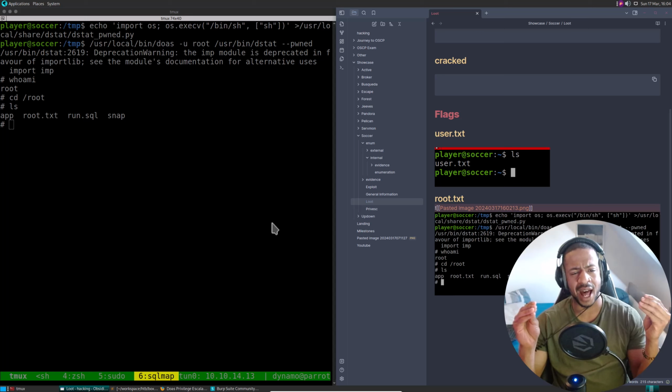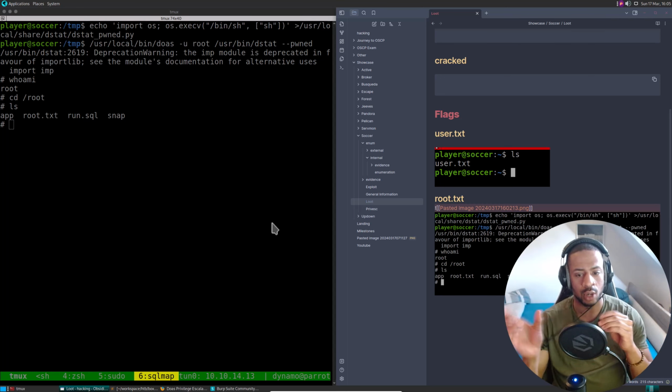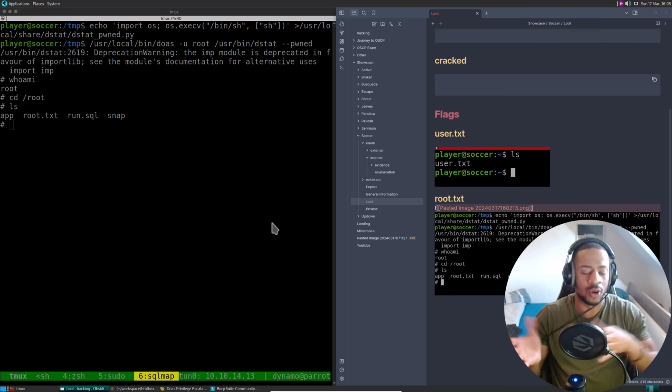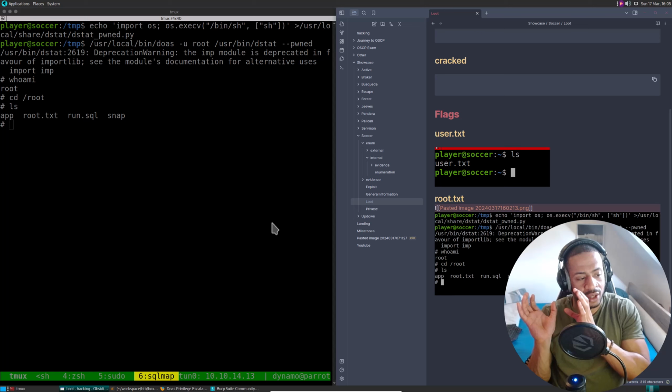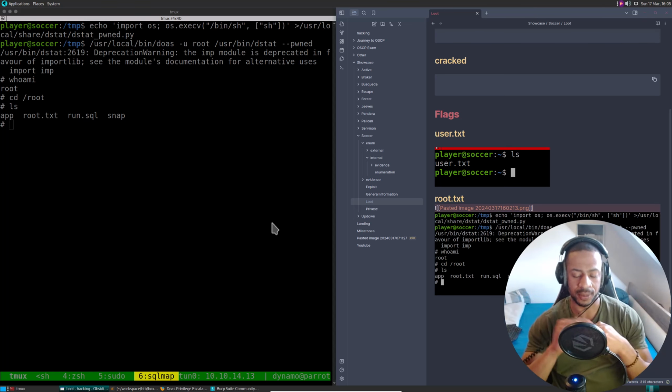One of them was doas, which we had never seen. Turns out it's kind of like a sudo for the FreeBSD operating system, so we can essentially use it as sudo, to execute a command in the shell using the permissions of another user.